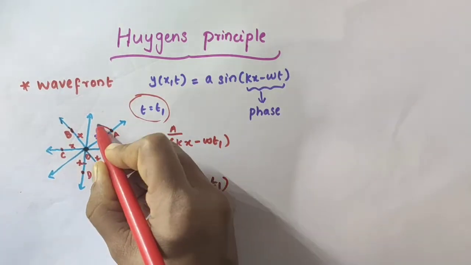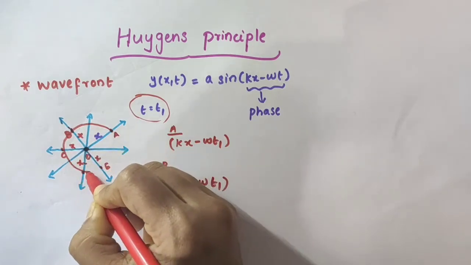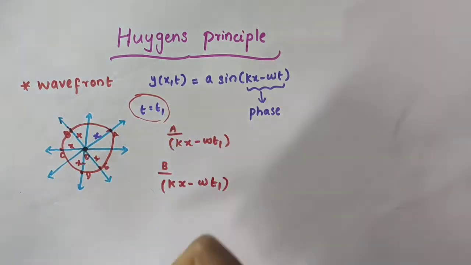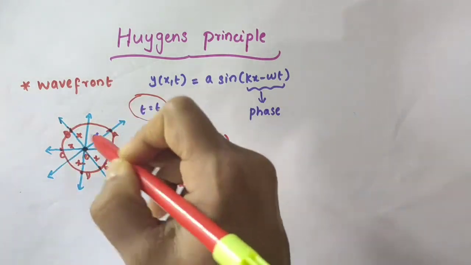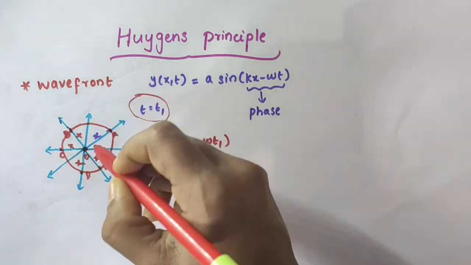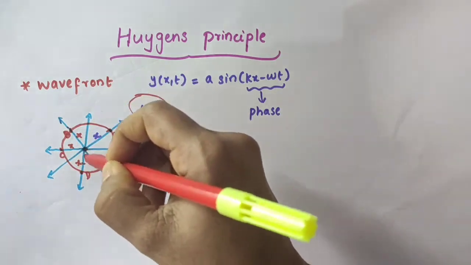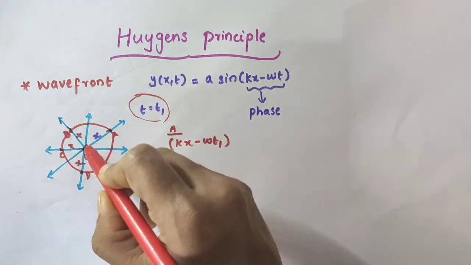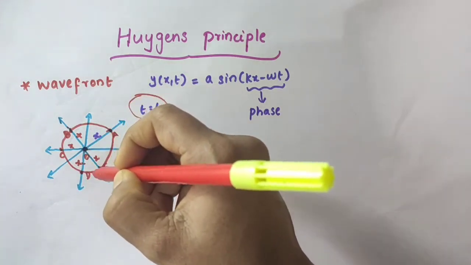Let us join. When we join all these points which are x distance away from the point of impact, we will get a circle. Here I have just taken some points, and they were actually not at equal distances from O. That is why I got a circle like this. You can see the distance here is greater than the distance here. It will not be like that.